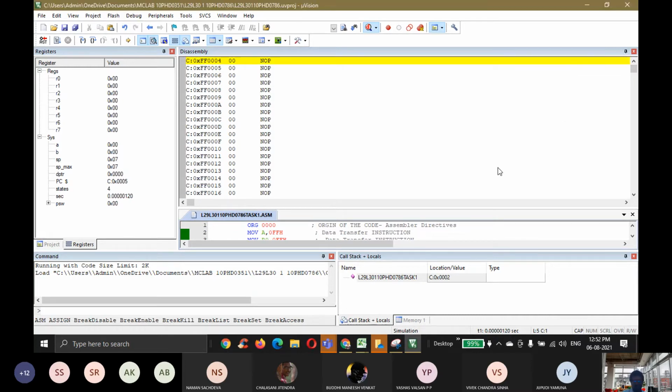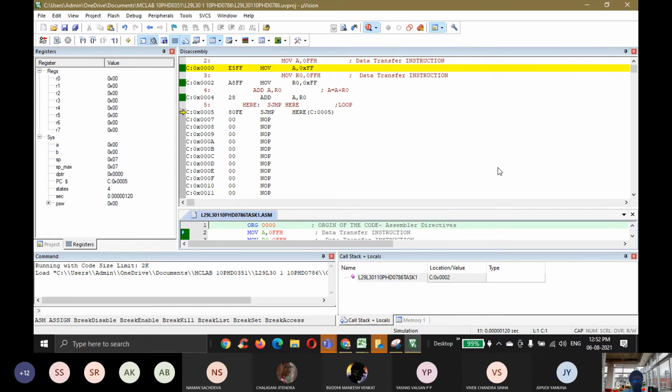And here you can see the C code, what is the code, MOV A, #0FH, which is executed. You can view it here itself. And what is the equivalent hexadecimal value for this operation? E5 stands for MOV A and FF stands for the data that is given. A8 is the MOV opcode, and this is the value FF. Like that, you can observe the machine-understandable format, how it is going to be made.